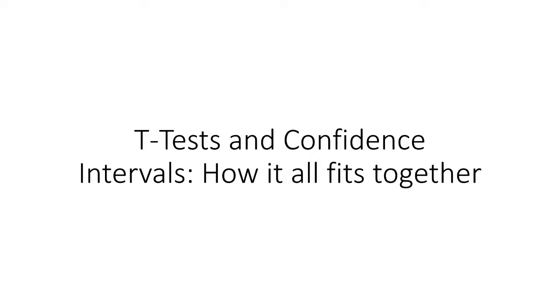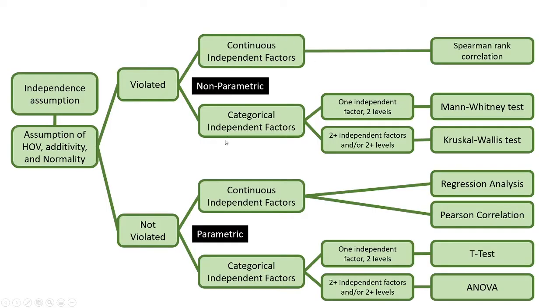Okay, everybody. So this week we're going to start fitting our concepts together. We'll start out by pairing t-tests and confidence intervals and showing how those two things really fit together. So to look at our chart now, we're still in the parametric tests. Over here, if the categorical factors, one independent factor with two levels, you would end up using a t-test